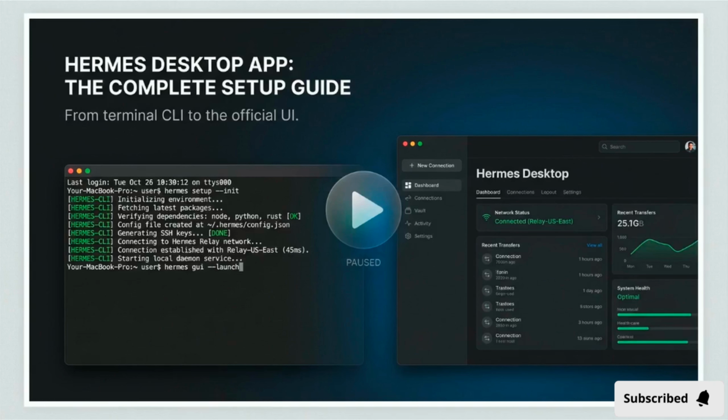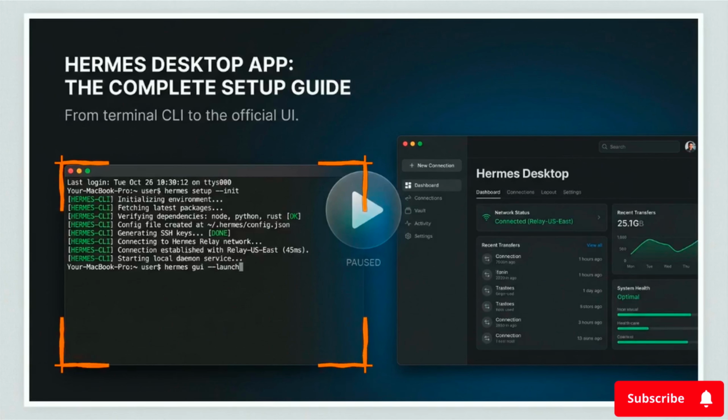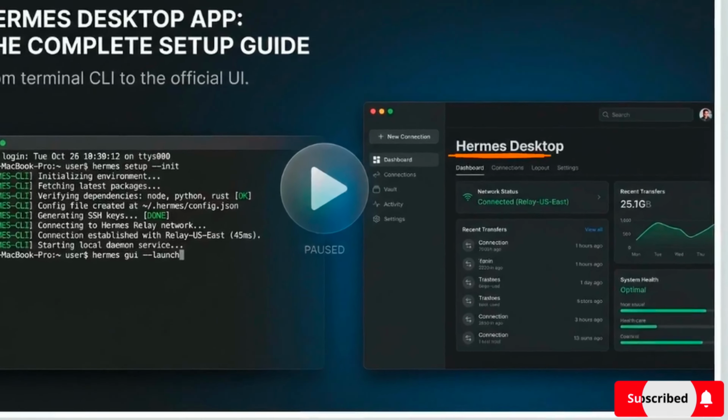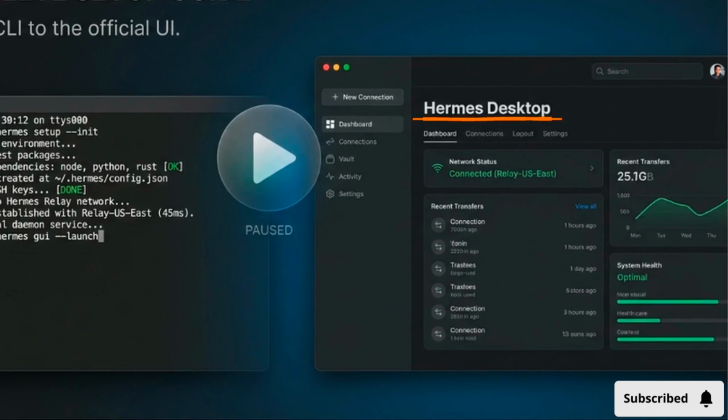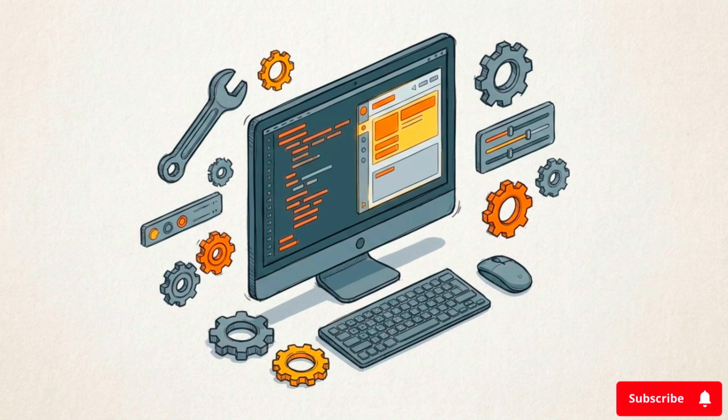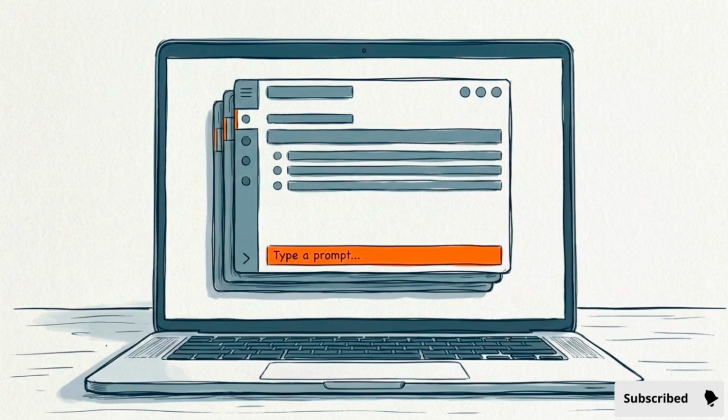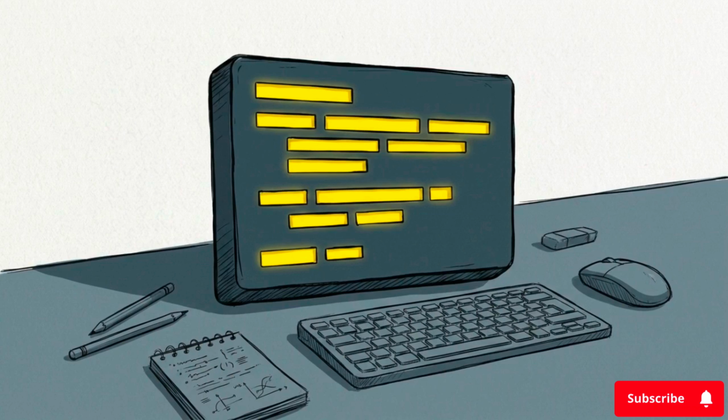Here we have a side-by-side comparison of the Hermes environment. On the left is the traditional text-based terminal, and on the right is the dashboard for the official Hermes Desktop application. We are going to walk through installing, configuring, and optimizing this visual workspace to get the most out of your local AI agent. Before we begin, open your terminal application and ensure you can access your current Hermes command